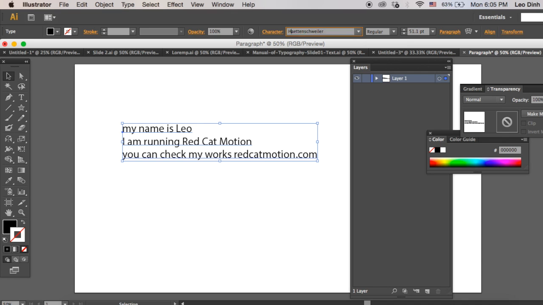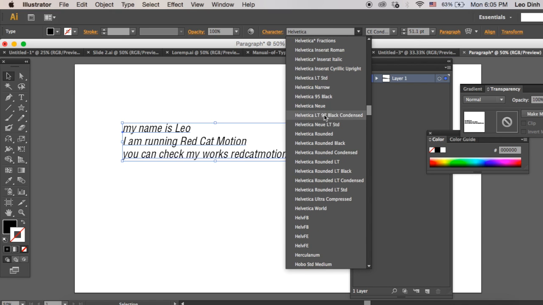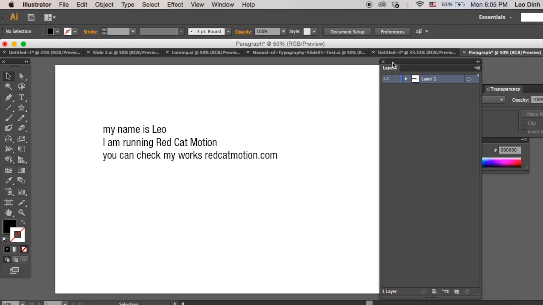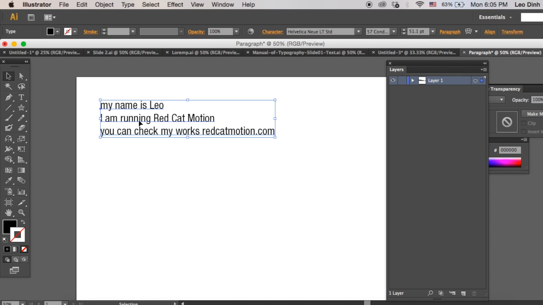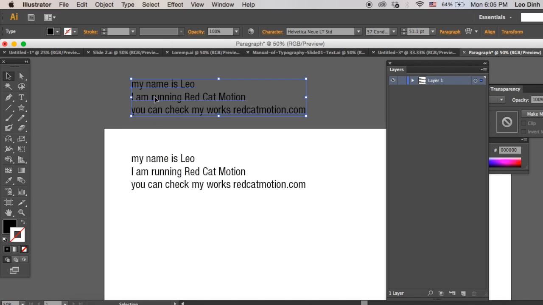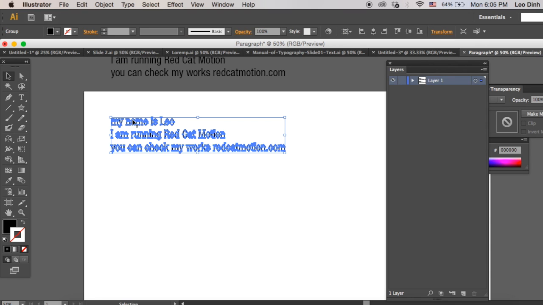Okay, I'm gonna use Helvetica for it. I'm going to show you the first technique. It takes a lot of time and I'm so lazy, so I tried to figure out another way. So what I'm gonna do is duplicate this one and move it out. I choose this one, right click on it and select create outlines, and then here I ungroup it. You have different letters, okay,